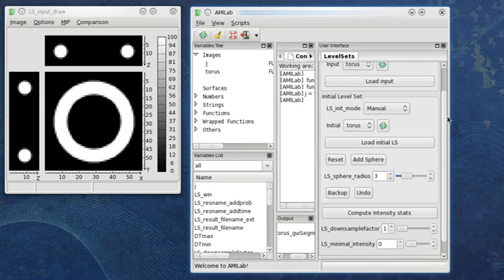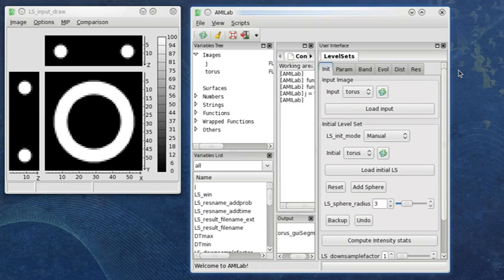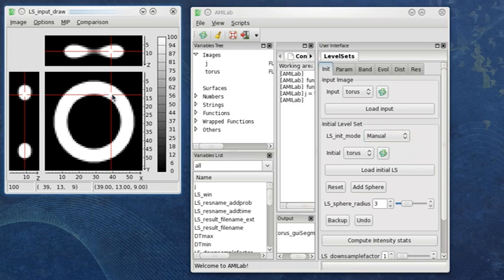We can initialize the LevelSet either with manually created spheres or from another image. So this is a mode, manual or initial image. Let's take the manual mode. I put the cursor with the middle button. On the Mac it would be Control plus the button. And I set the position, and I will add a sphere of 3